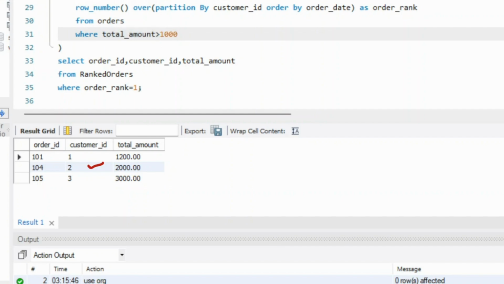So remember, the real question wasn't just how to write the code, it was how to keep your data accurate. Using a CTE didn't just make your query faster, it saved customer data also. This is the difference between a student who knows the syntax and an engineer who understands the system.